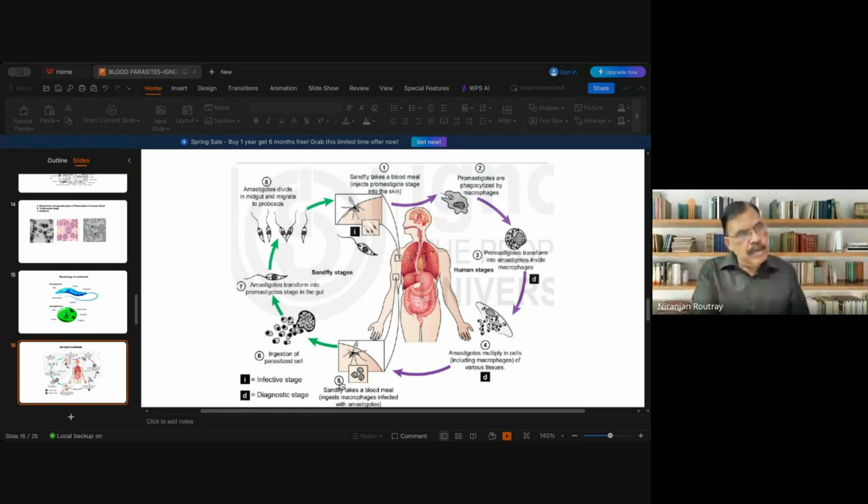Again, here they will reinfect new cells of the RES. RES means reticuloendothelial system cells, the macrophages. Successive infection of new cells and increase in the total number of parasites inside the host body rapidly increases the destruction of the RES cells.